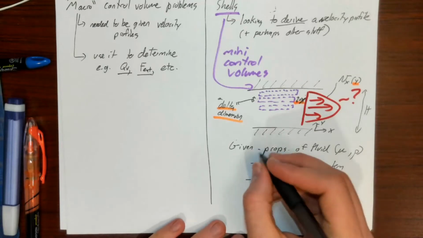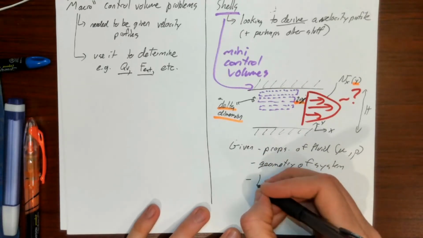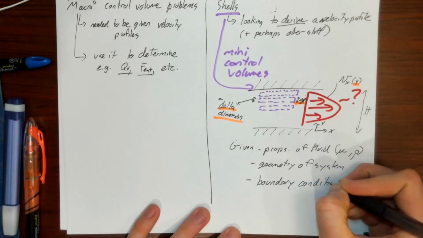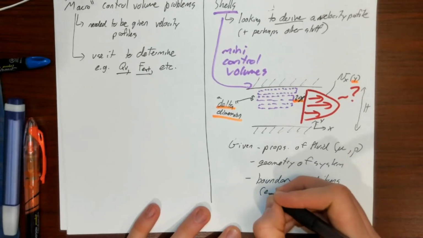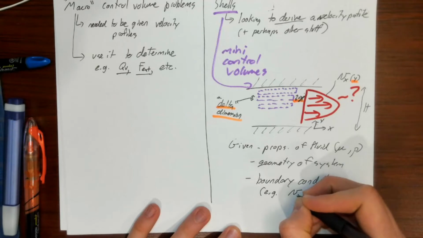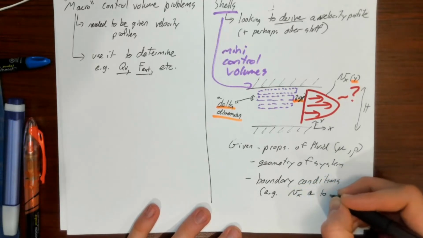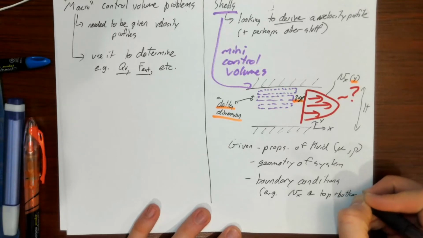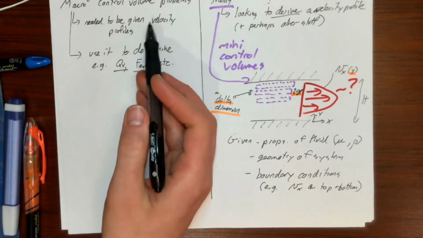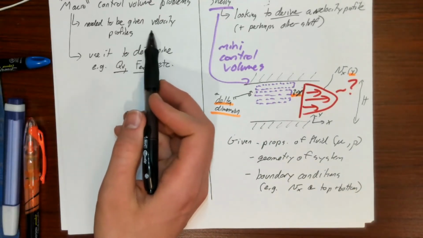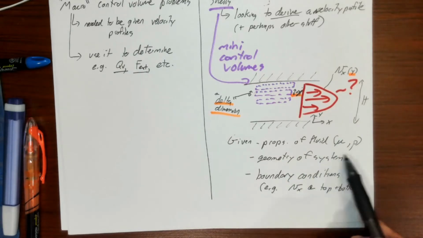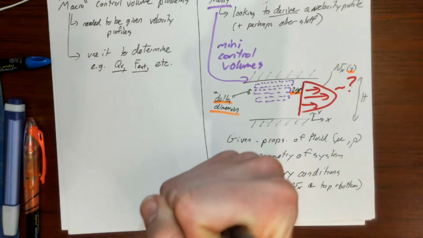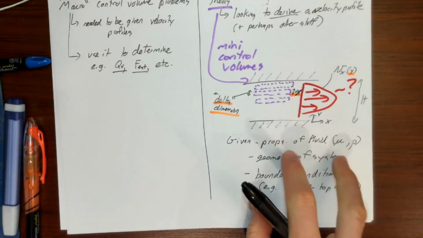And we also need to be given what are called boundary conditions. For example, maybe what the x velocity is at the top and bottom. So, compared to being given an entire velocity profile, we're given a heck of a lot less information for these shells types of problems, and we pull ourselves up by the bootstraps using this very limited information to derive